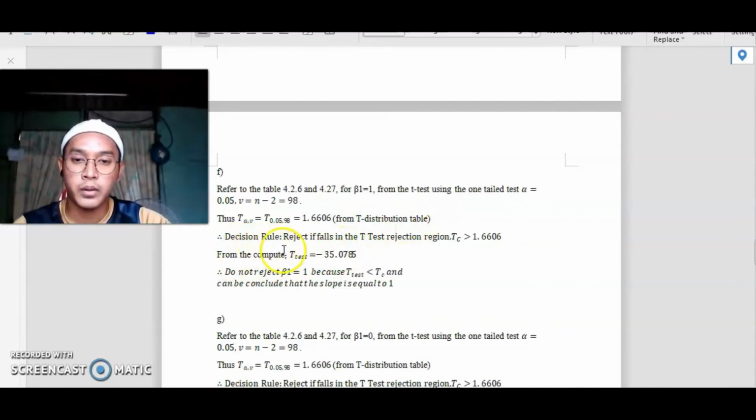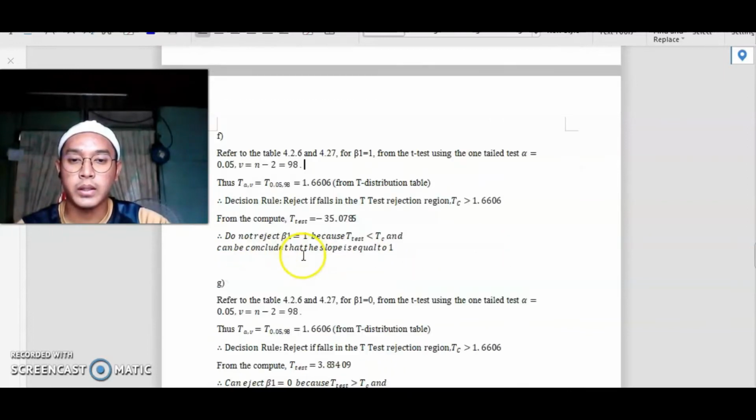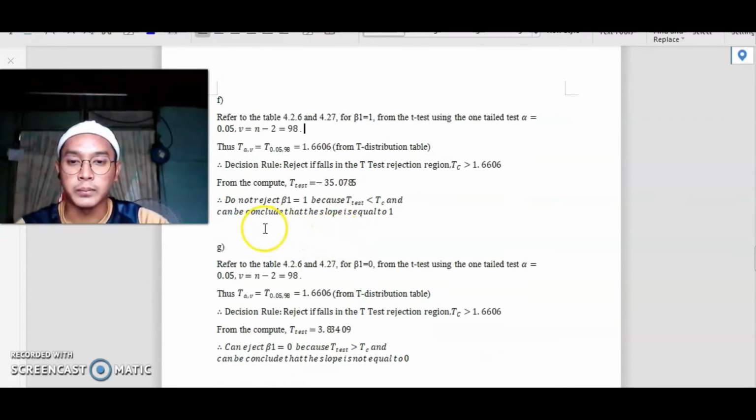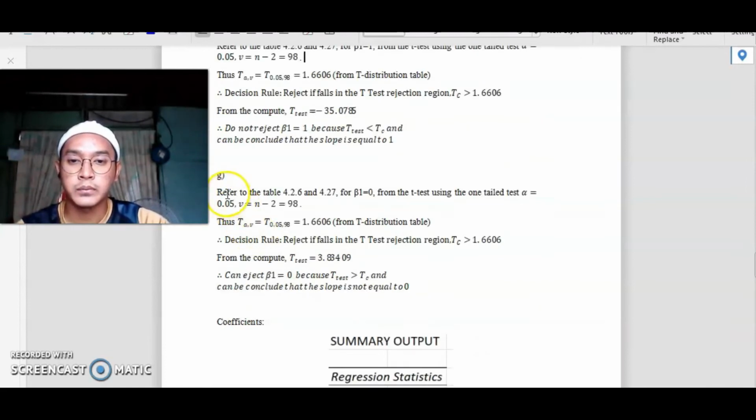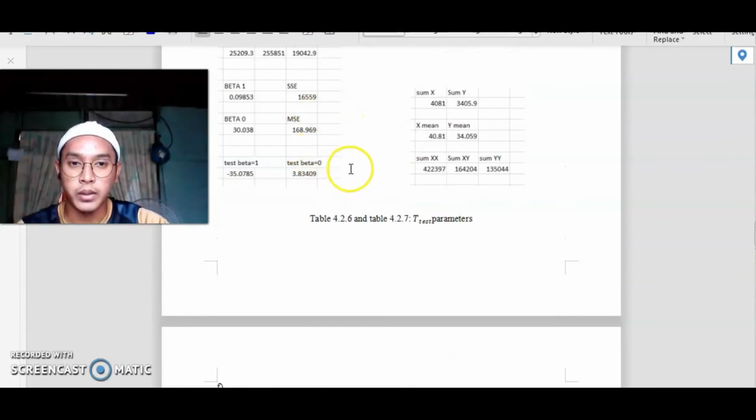Okay, the decision rule: reject if it falls in the t-test rejection region. TC is greater than 1.6606. From the computed t-test, it equals negative 35.0785. Okay, for the G question, we refer again to this table,